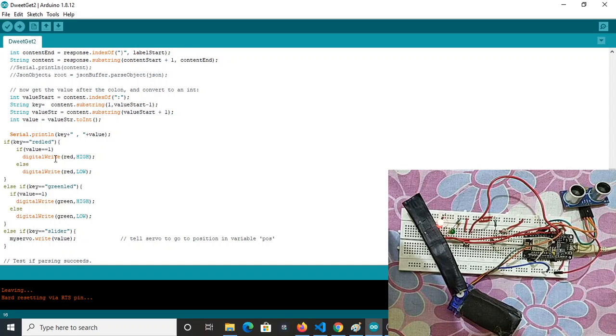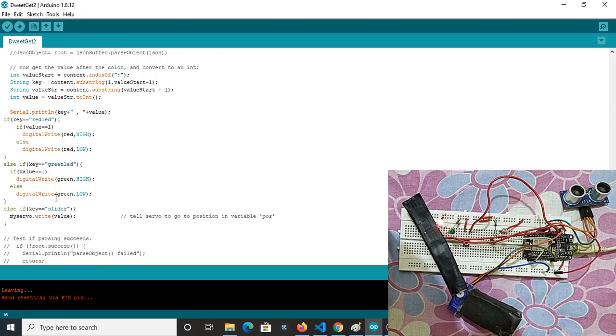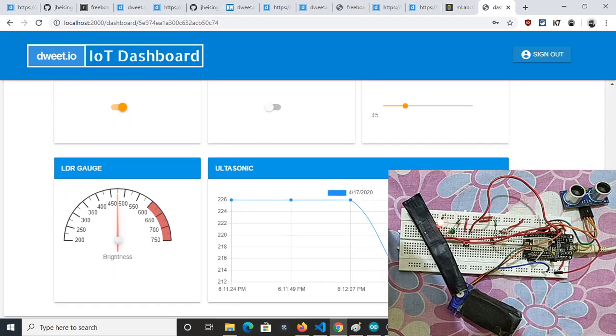This is the condition for red LED, similar for green LED, and the same for slider. For slider we are sending the slider value, and my servo is an object of servo, and this is the syntax of how we write servo data, to move the servo motor to that position basically.